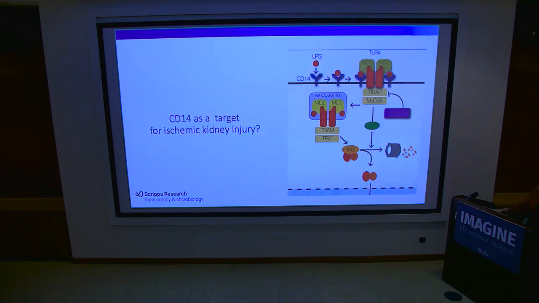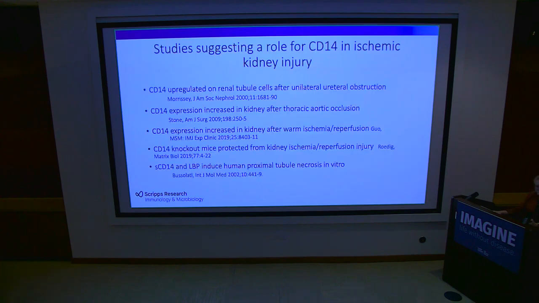And then we also have been looking at CD14 as a potential target. We're working with a company that has an antibody to CD14, both humanized and mouse antibody. And so we decided to do some experiments to see if this would be a reasonable target. Should we do this? There have been several studies suggesting that CD14 might be a reasonable target for kidney injury